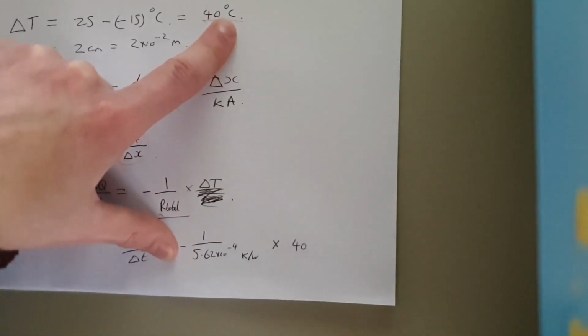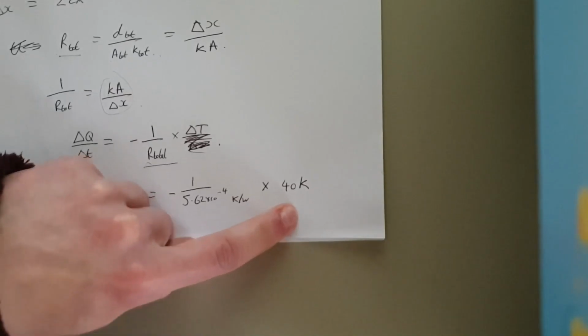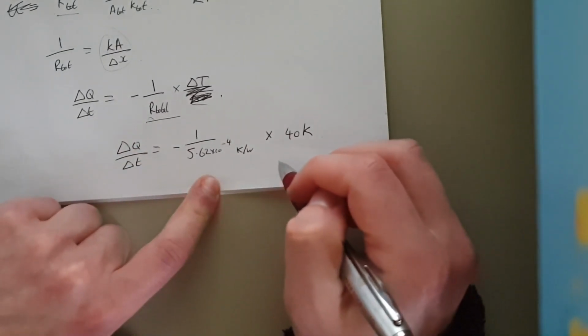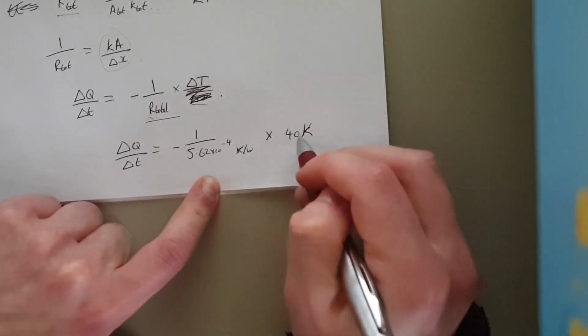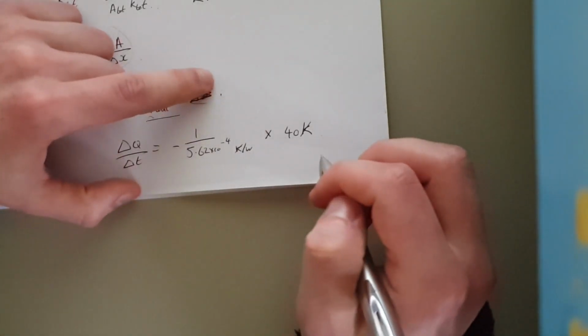So you can interchange that and say that's 40 Kelvin. So these units will cancel, these K's will cancel, and our heat transfer should just be in joules